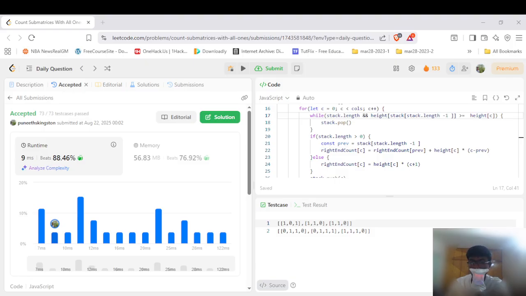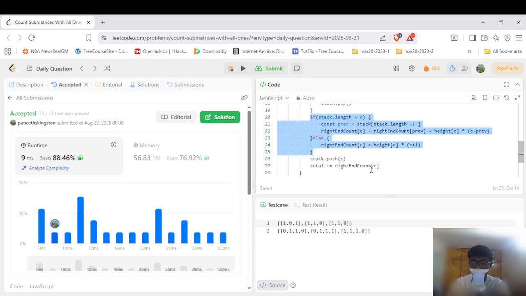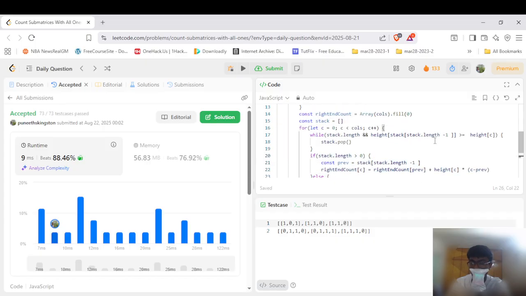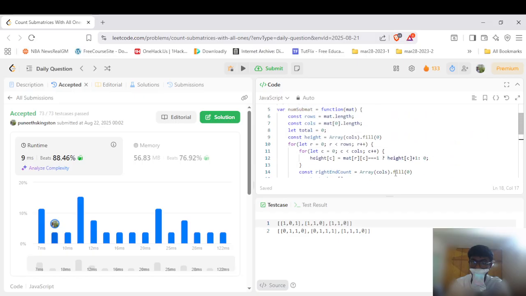In order for us to understand what is going on in this piece of stack's condition, what we are doing here is, once we check for the smallest piece of height as per our thought process, where we were saying we shall take the smallest piece of histogram and then we shall take it as a height